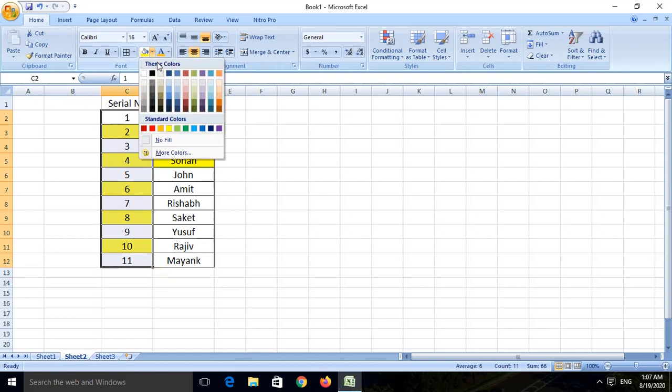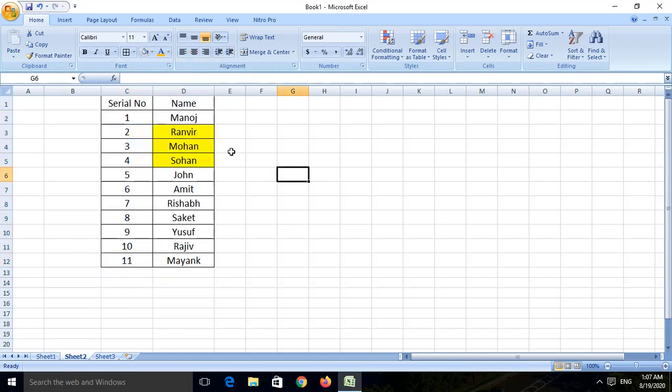Now the serial number is changed, and here you saw that between Ranveer and Sohan I have put one more name. Now what was the option to put one more name? I had inserted one row. When I inserted one blank row, then only I was able to put one more name.